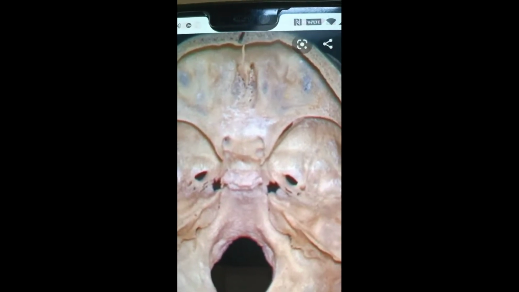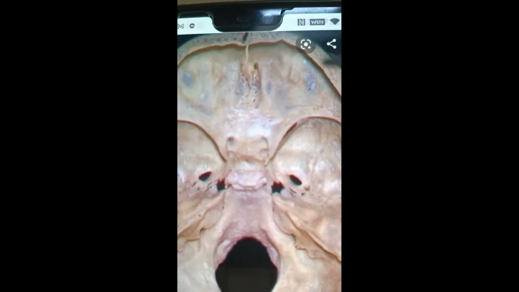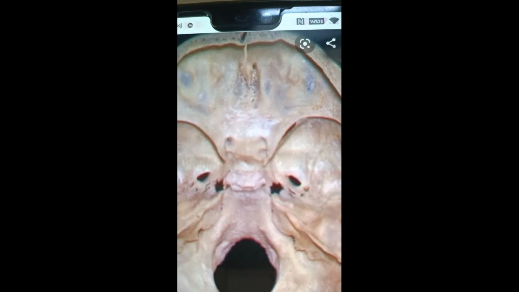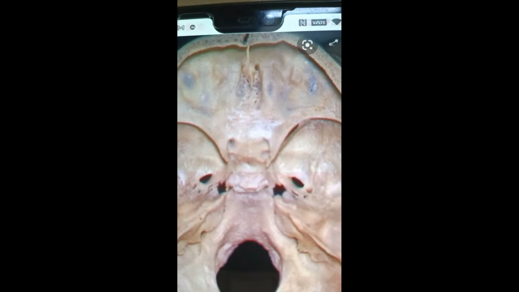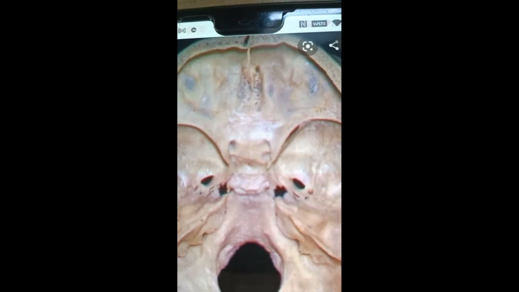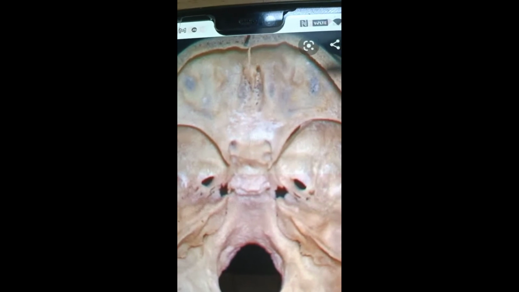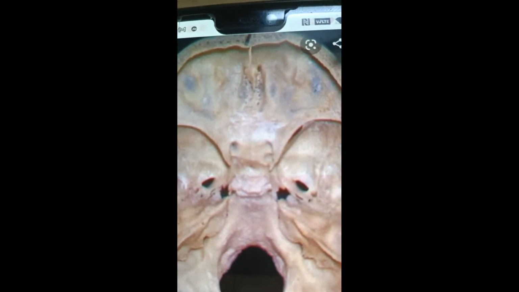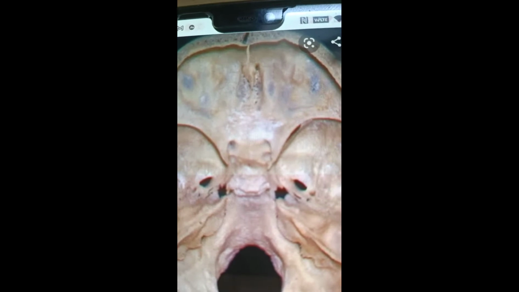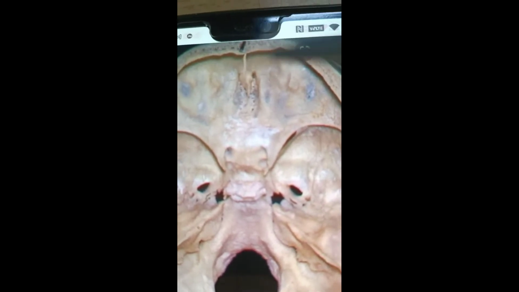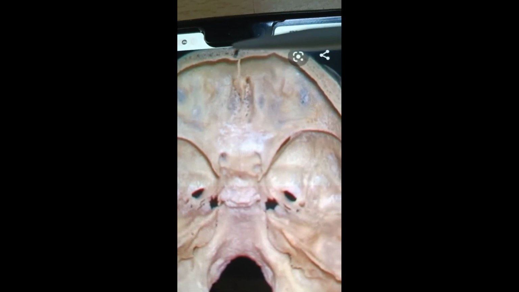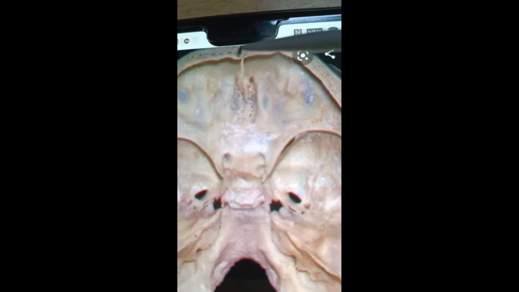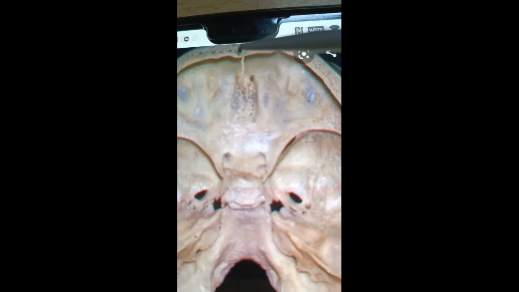So you see, this is the outer table of the skull, and you have the outer table and the inner table. In the center you have the diploe. Any vein that pierces through this is called an emissary vein, and it pierces through an emissary foramen. Any vein that ends in the diploe and doesn't pierce it is called a diploic vein. Here you have the sinus. Here you have the frontal sinus, which is the cause of pain.